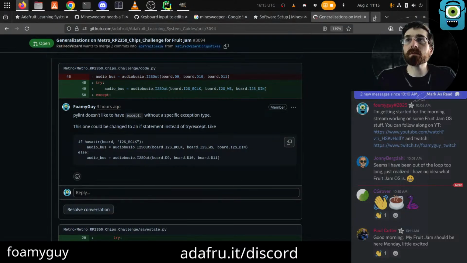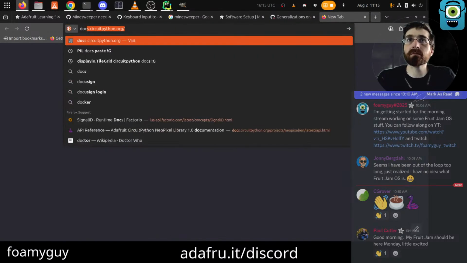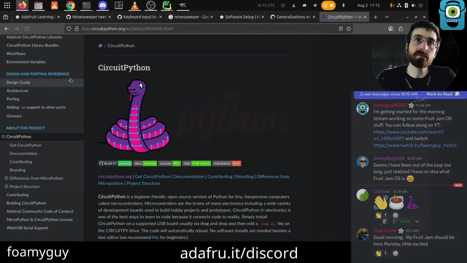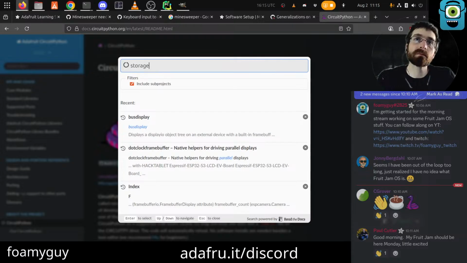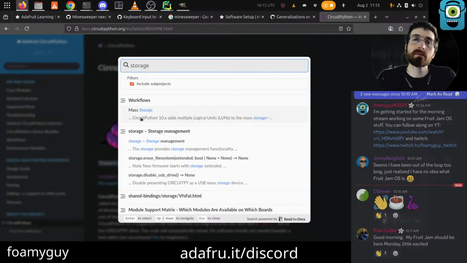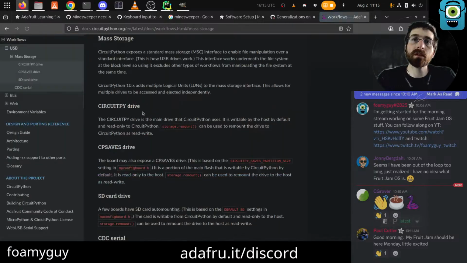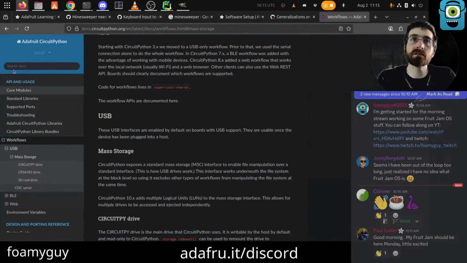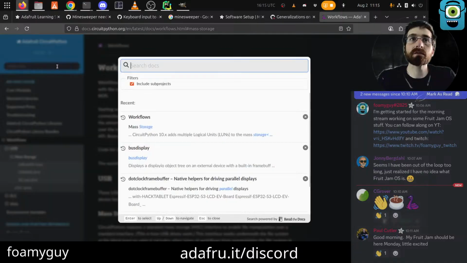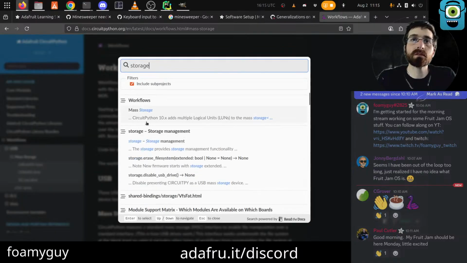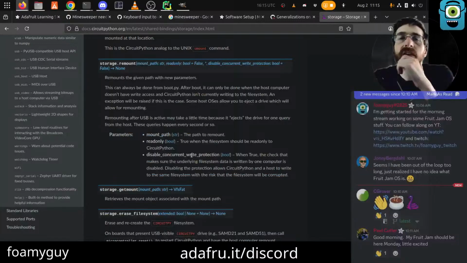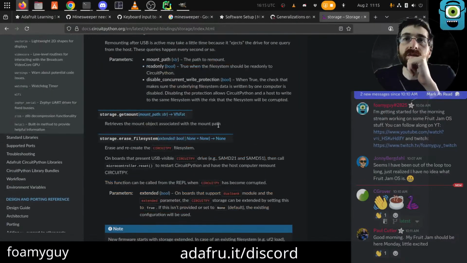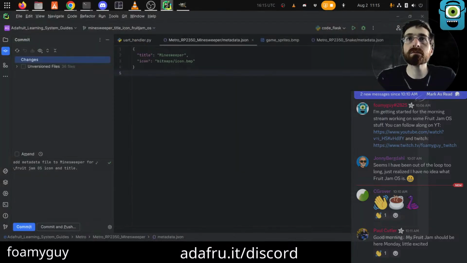I was thinking about this actually before the stream. And I got to thinking, what does this click on? Storage. What does this do? I don't know if I've ever called this. Storage.getmount path. So what does that do?